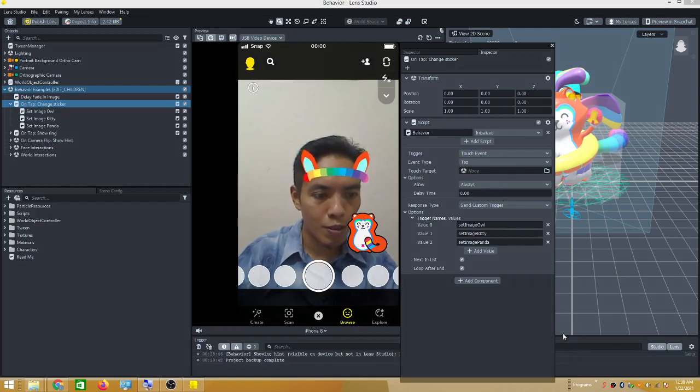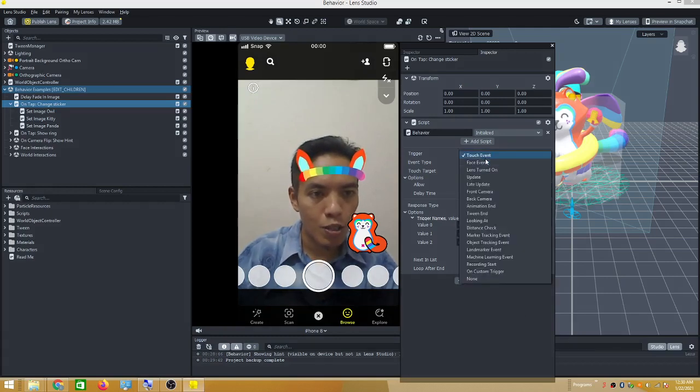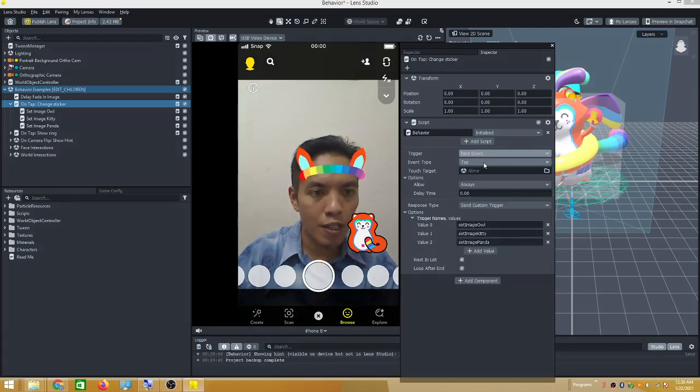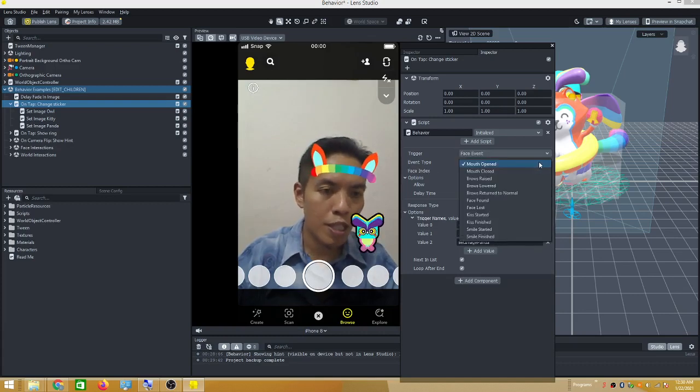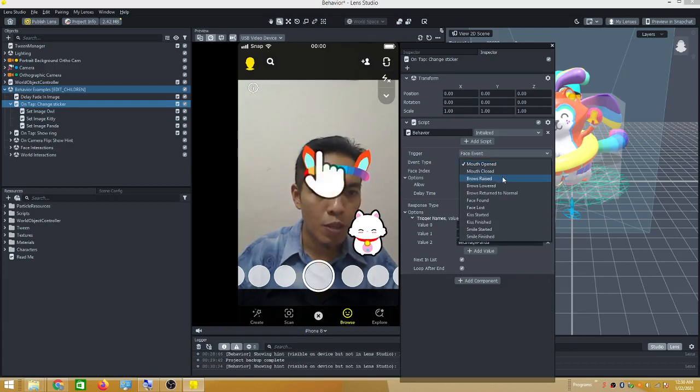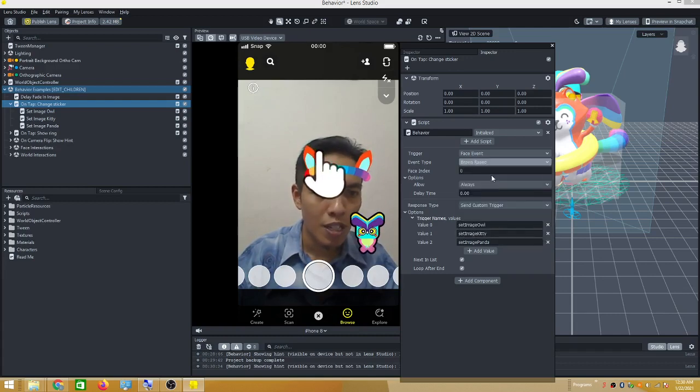So focus here, I will change to face event, and the supported expression is mouth open, mouth close, brow raise, brow lower. Okay, so you choose any of those. I choose brow raise,